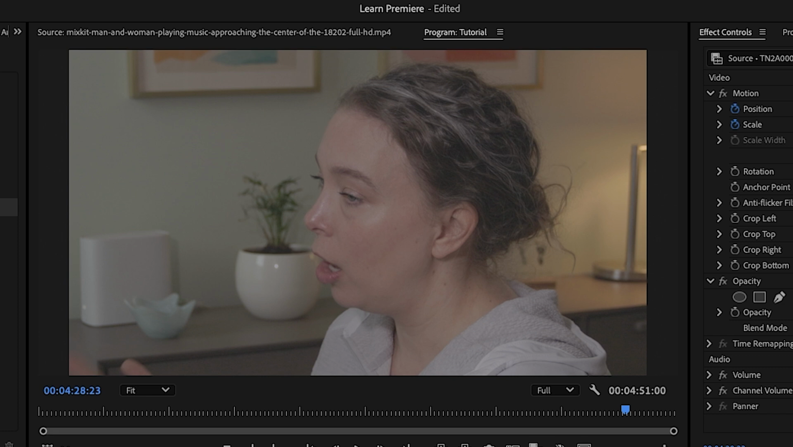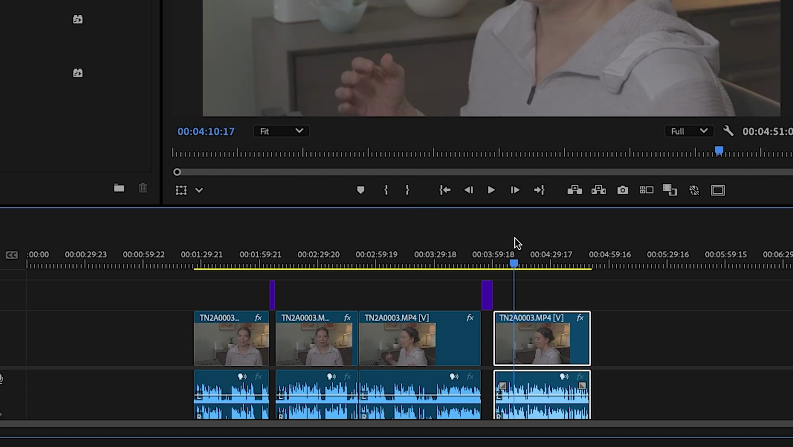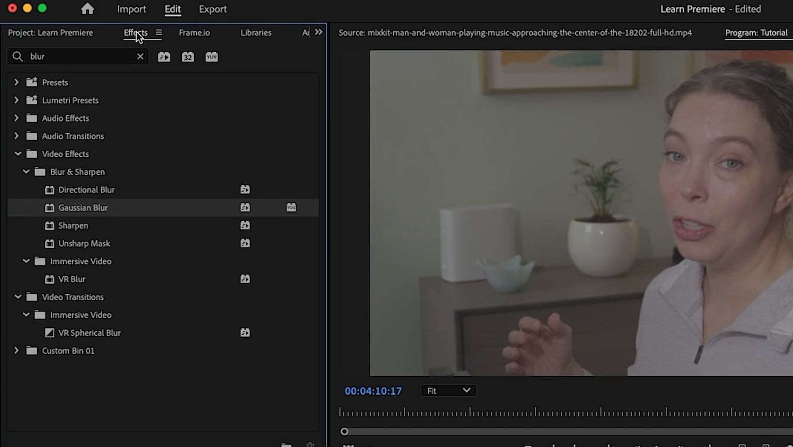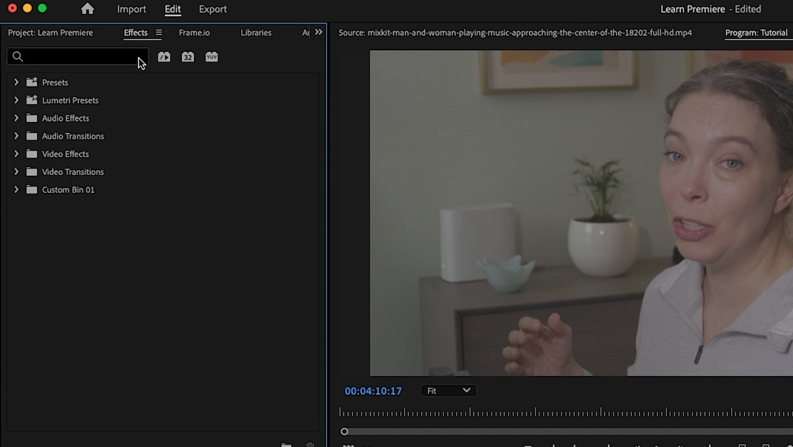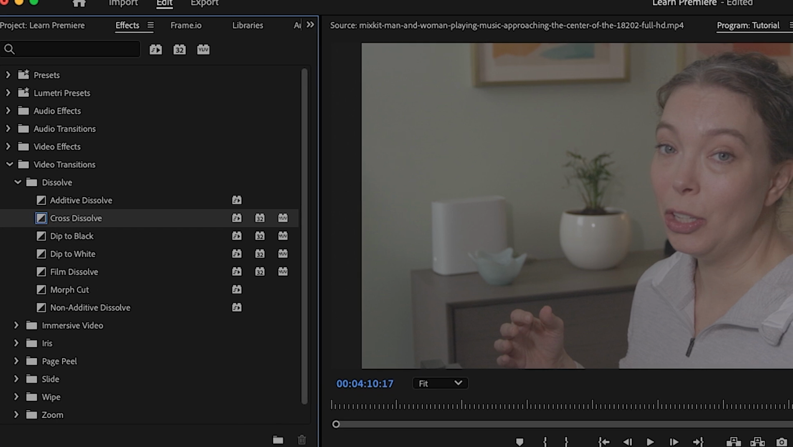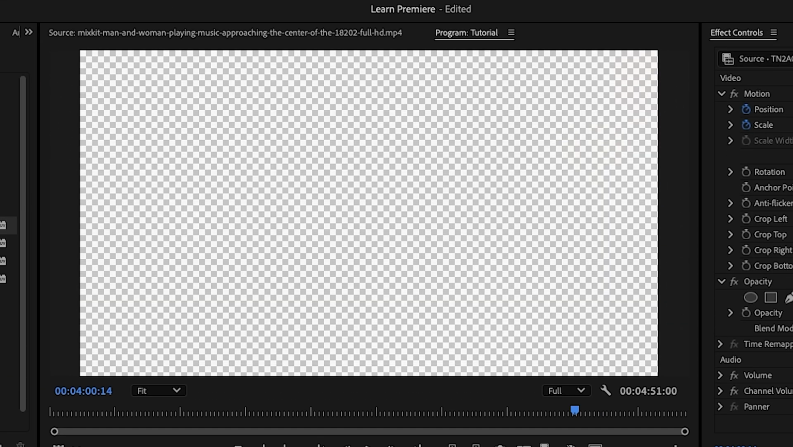Now, something else you may want to add to your project is a transition. So if you come down to the timeline, I'm just going to zoom in. And then again, go back up to that effects panel. I'll X out of blur, and you can see audio transitions and video transitions. Let's go down to video transitions, dissolve, and let's just do a standard cross dissolve. Drag and drop it on top of the edge of your clip and let it go,